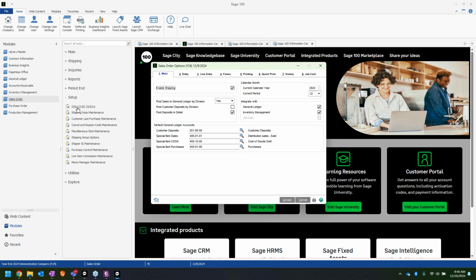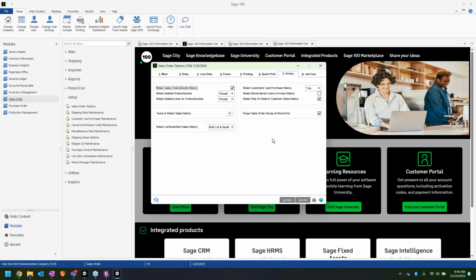Those again are in the setup folder, sales order options, and they are first noting what current year and period we're in, because that helps us know when we're closed. And then on this history tab, there's some options here. Again, I always love to keep as much as I can. And so making sure that your retained sales orders quote history is checked,